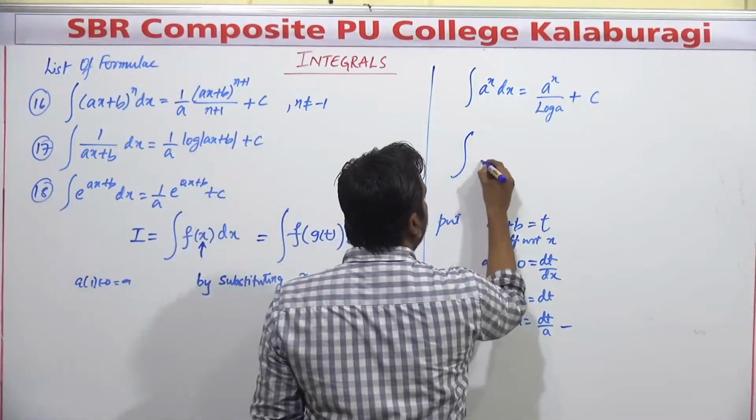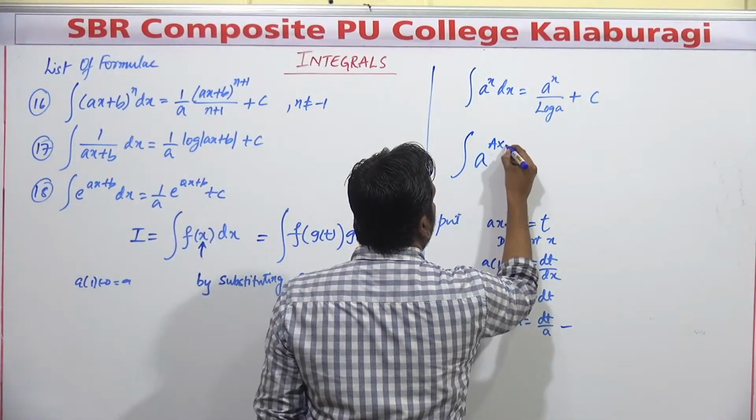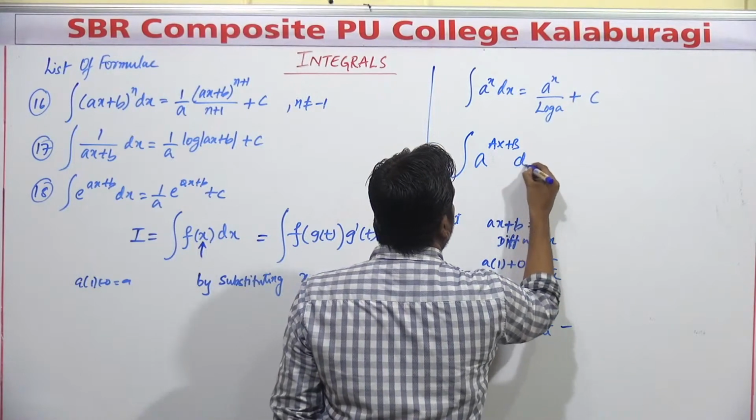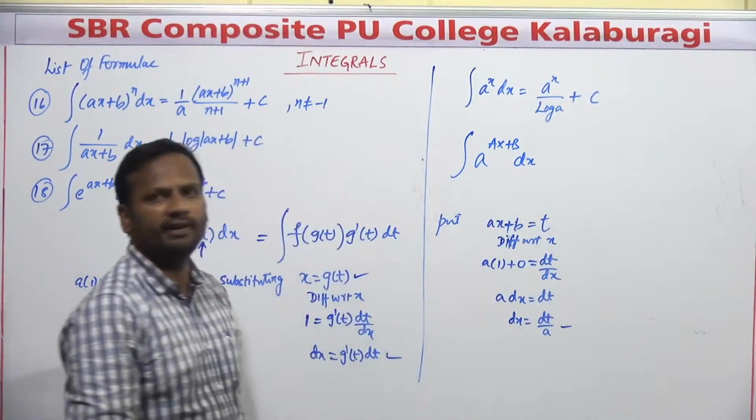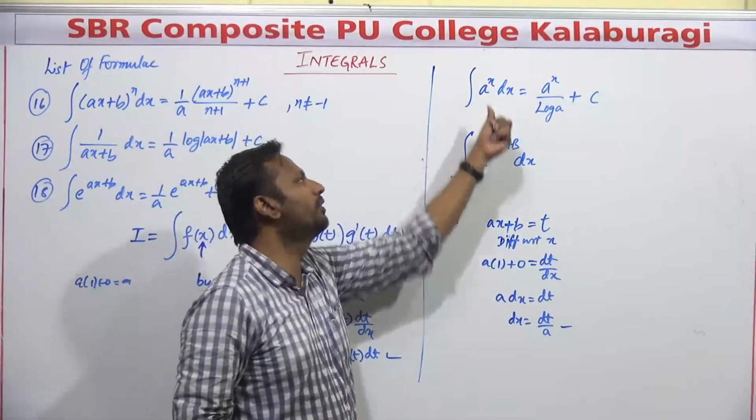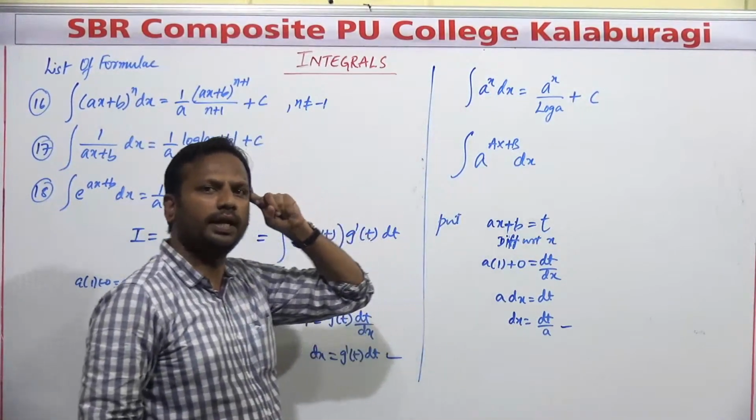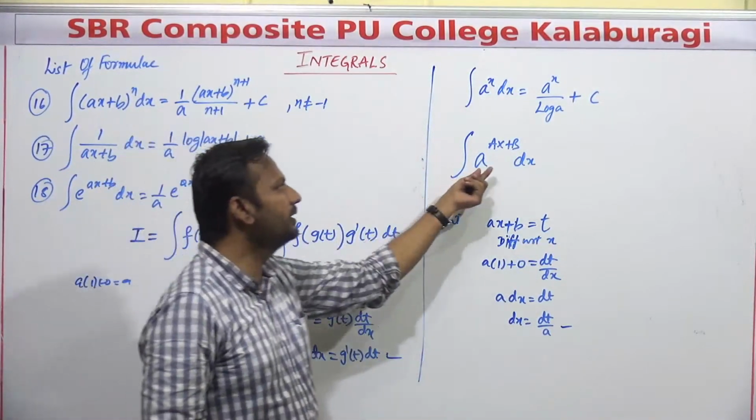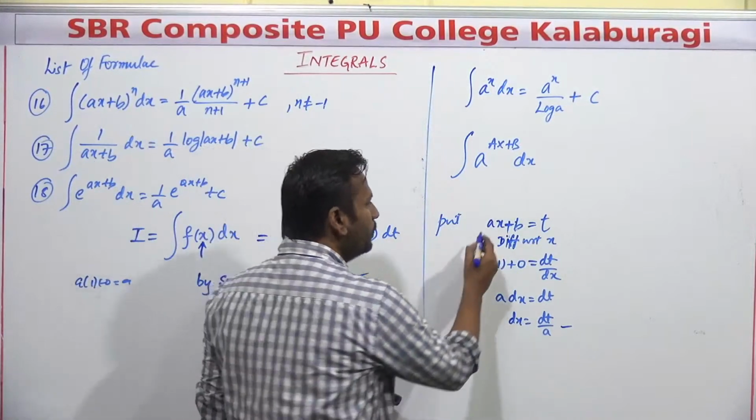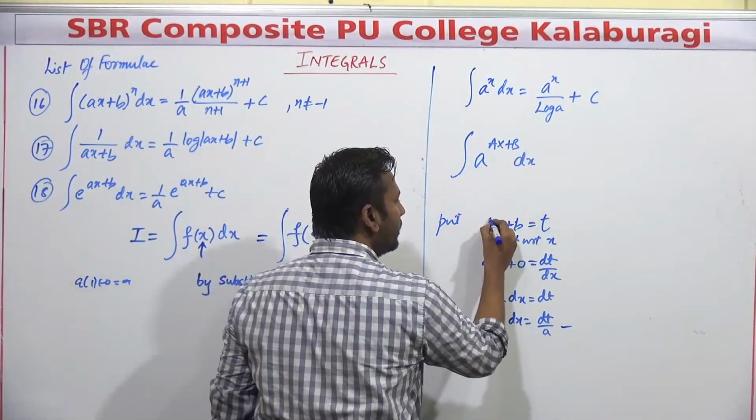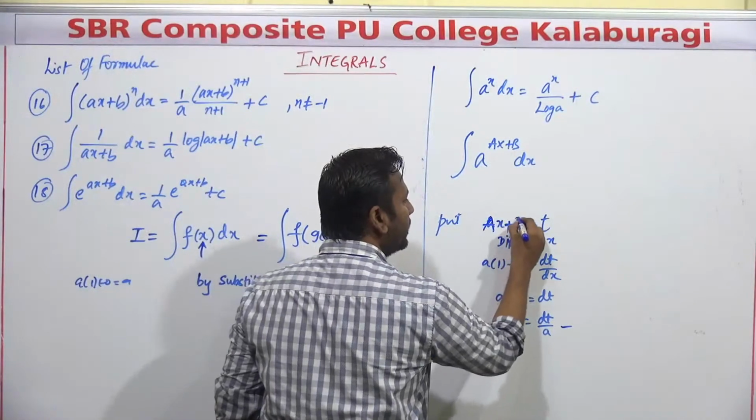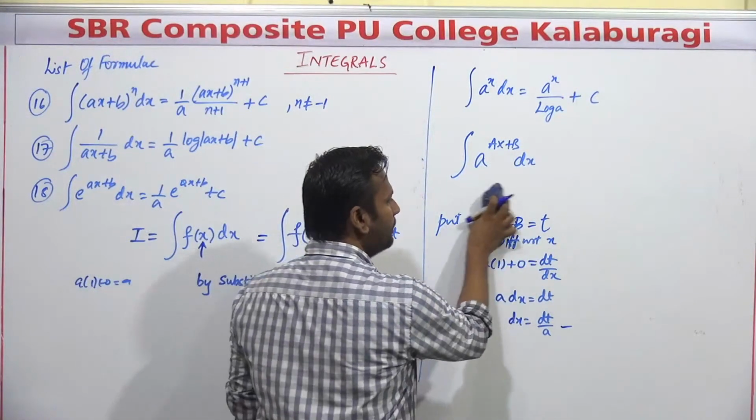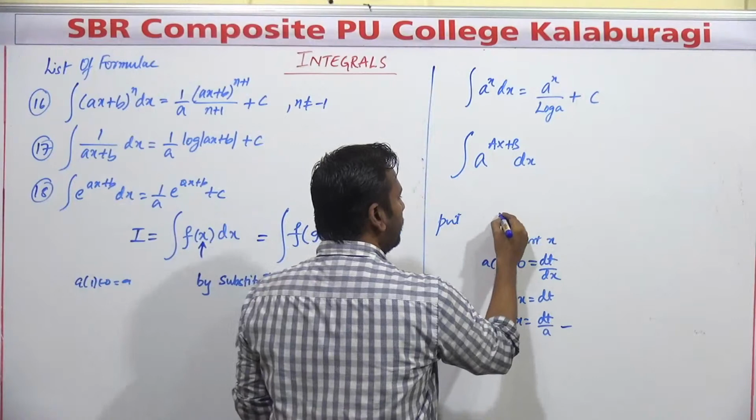What if we have something like this? A to the power, instead of x we have the linear expression, right? So what do we have to do? Again, it is a little bit complicated one. We have to consider this capital ax plus b